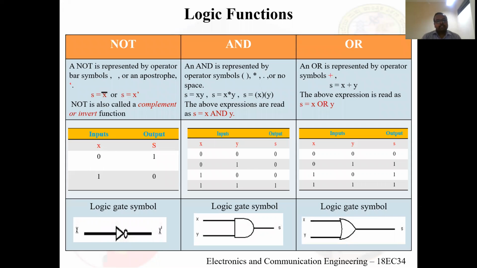The three basic functions we have in Boolean algebra are NOT, AND, and OR. NOT is nothing but the inversion of the input. If the input is 0, the output is 1. If the input is 1, the output will be 0. As you can see on the screen here,